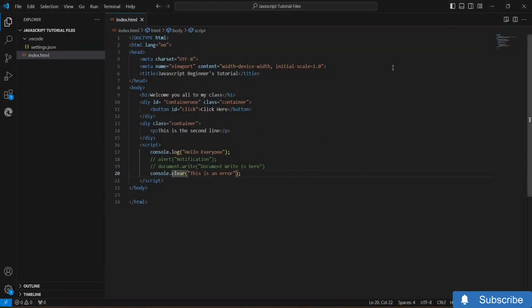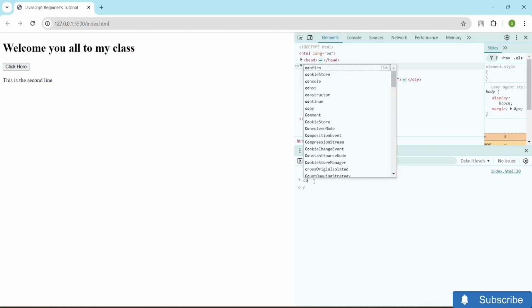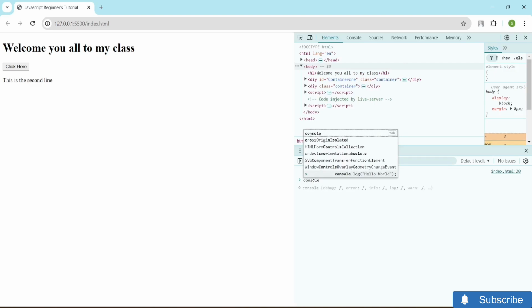So now instead of making changes over here in my HTML document, let's come here into my server. And from here, let's try to type from here itself. So you guys can just use the console from here as well. So I will just type console dot assert. Over here, using console dot assert, what I can do is, let's say I want to check